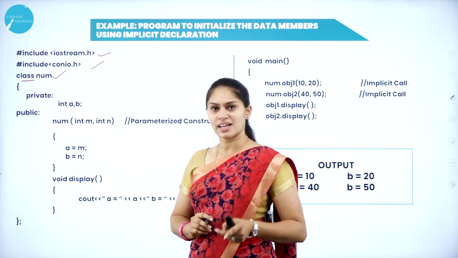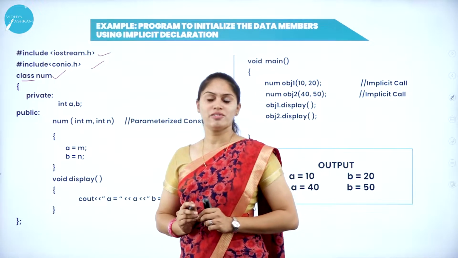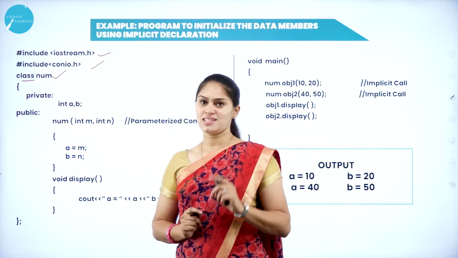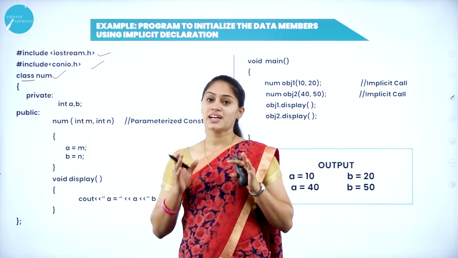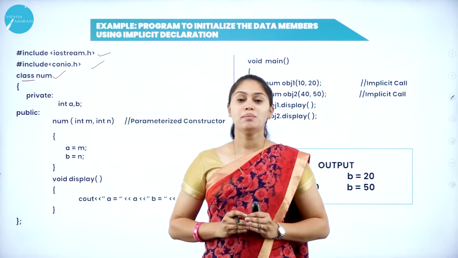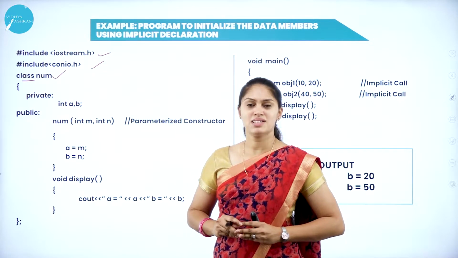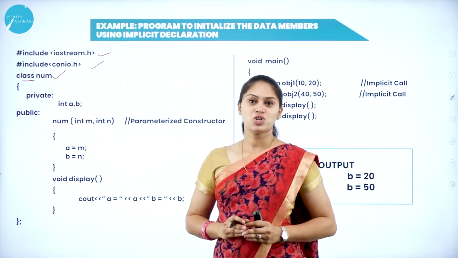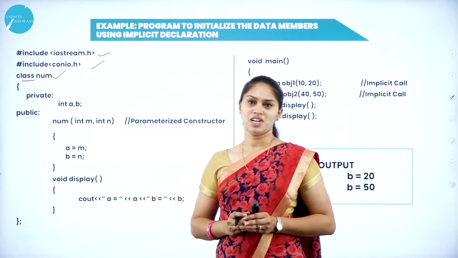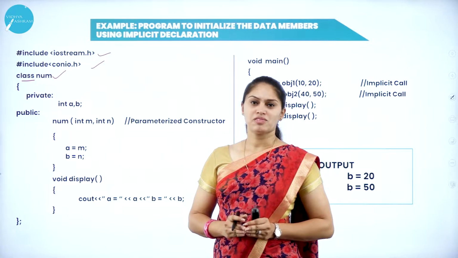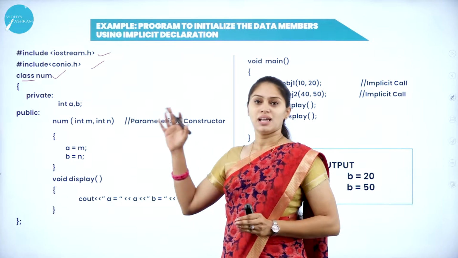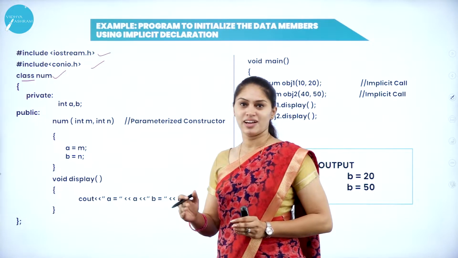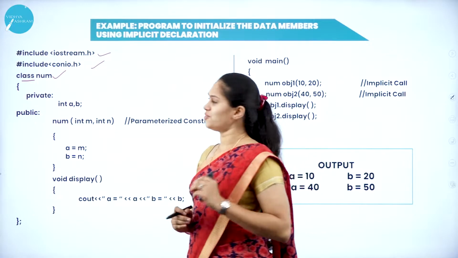If I'm using a constructor, then what must be the first rule of a constructor? The class name and the constructor name must be the same, right? After that, the constructor should be declared in the public section. So where must it be? It must be under the scope of the public section, and it should not have any return type. We'll see whether this num member function, that is a constructor, obeys all these rules or a set of instructions. So we'll see now.